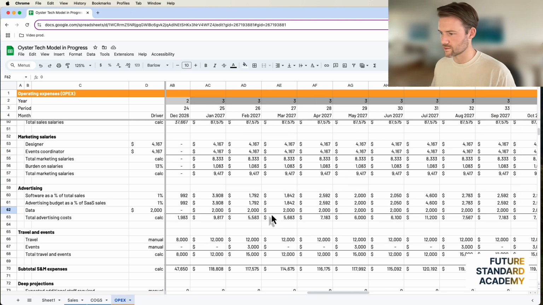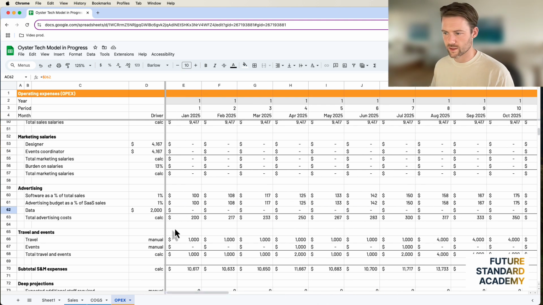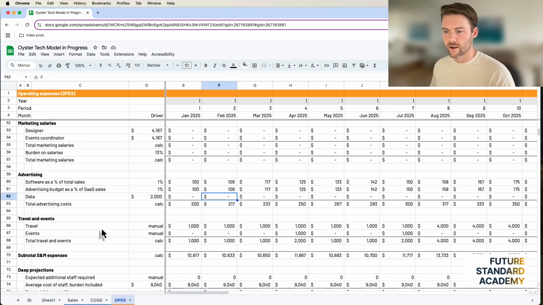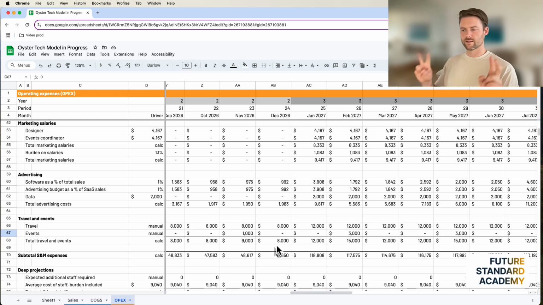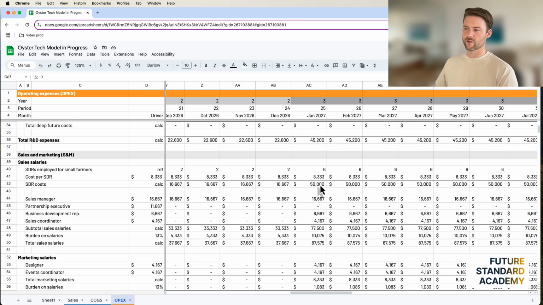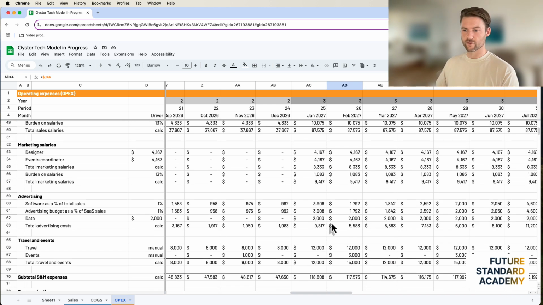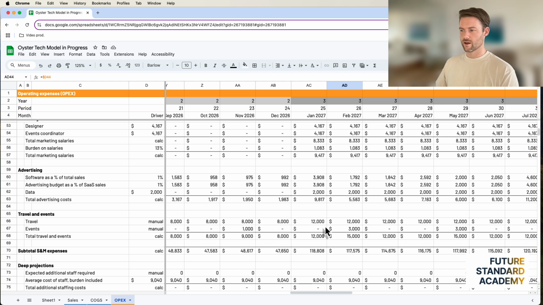Data purchasing is going to start at $2,000 a month starting January 2027. Okay, so external data, and then travel and events. You're going to see a lot of this. This is one of those quote unquote materials that people are using to do their jobs, so as the staff increases, right? 6 sales development reps, a sales manager, business development rep, sales coordinator, you've got 9 positions there, people that are probably traveling around because you need to meet these farmers where they are and go to their parts of the world, is what I determined in the go-to-market approach.